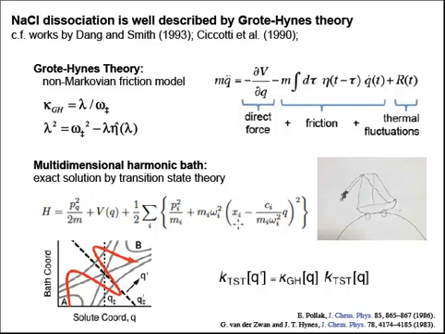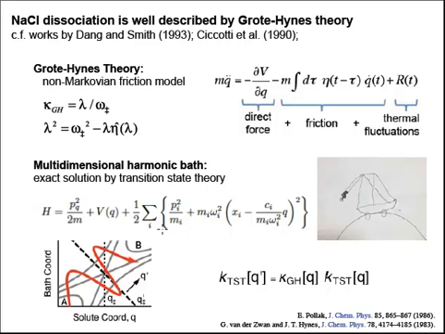Now, the new coordinate that you get isn't Q, it's a mixture of Q and X, which I'll call Q prime. So the picture down here is that you have a solute coordinate, which is my quote-unquote reaction coordinate in Grote-Hynes theory, and you have all these bath modes. And you start out using Q as the reaction coordinate, but then when you introduce this harmonic bath, you find out that Q was actually not a good coordinate, and instead you should choose this direction Q prime.